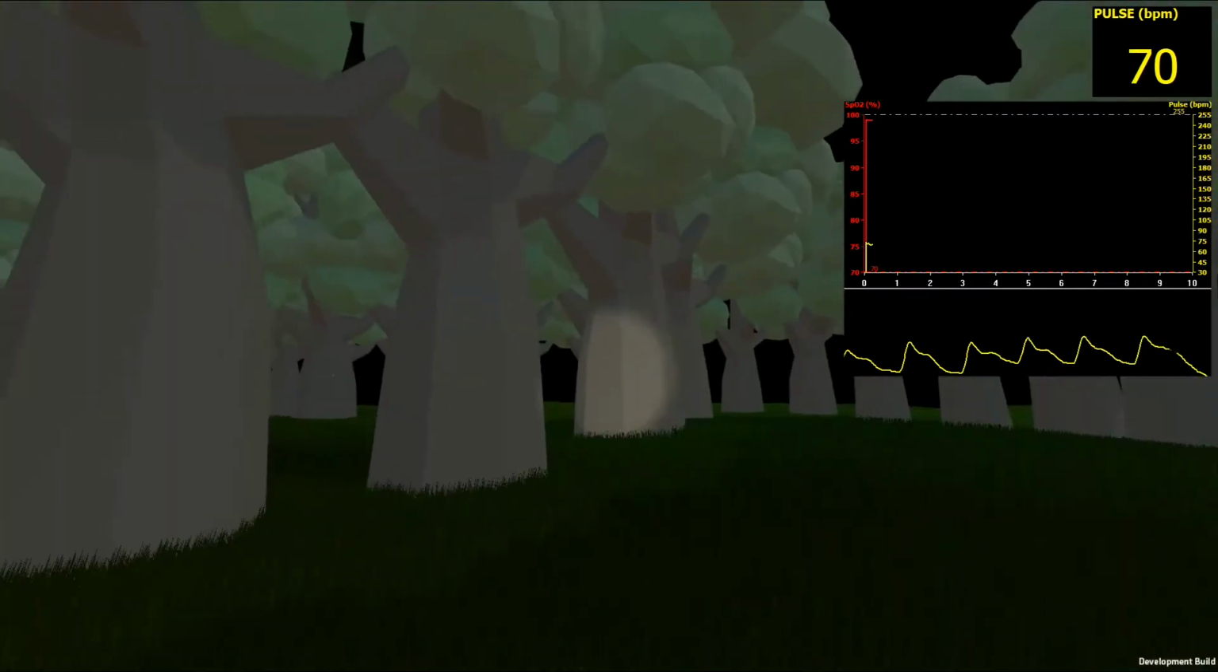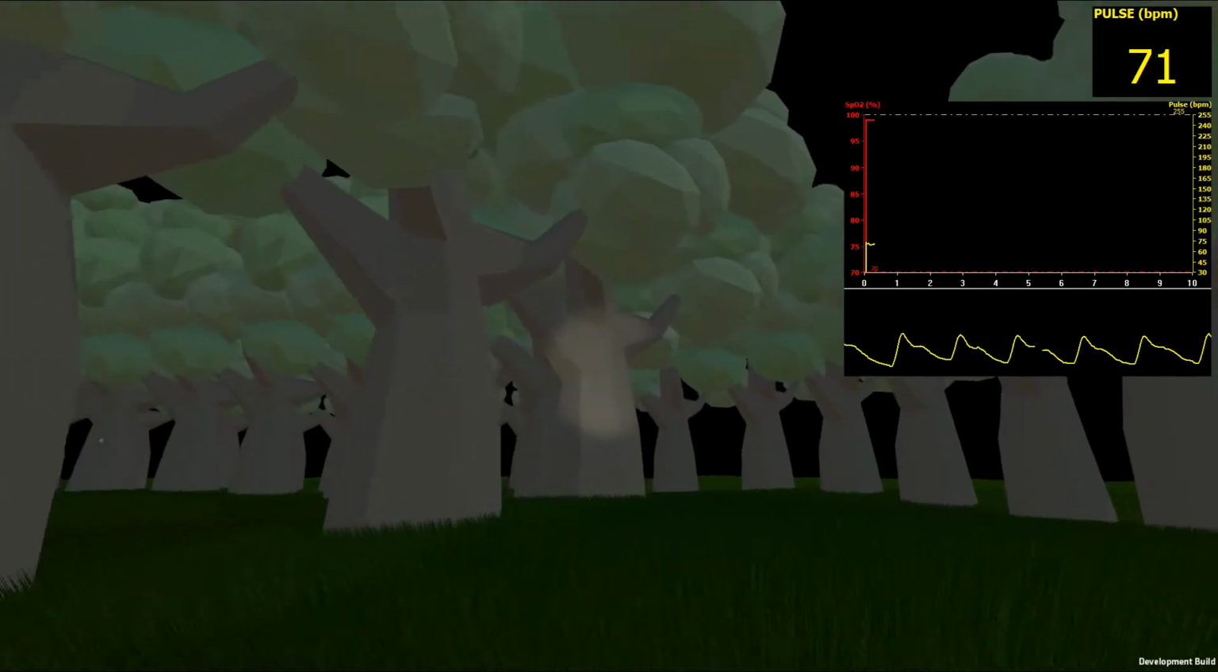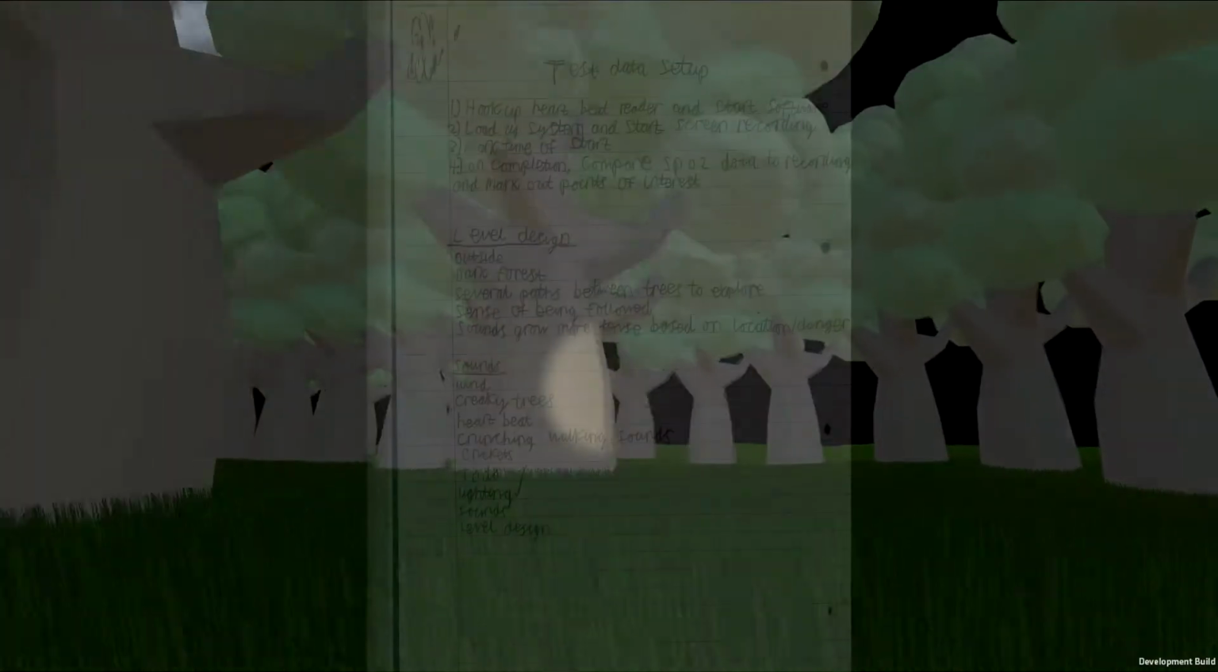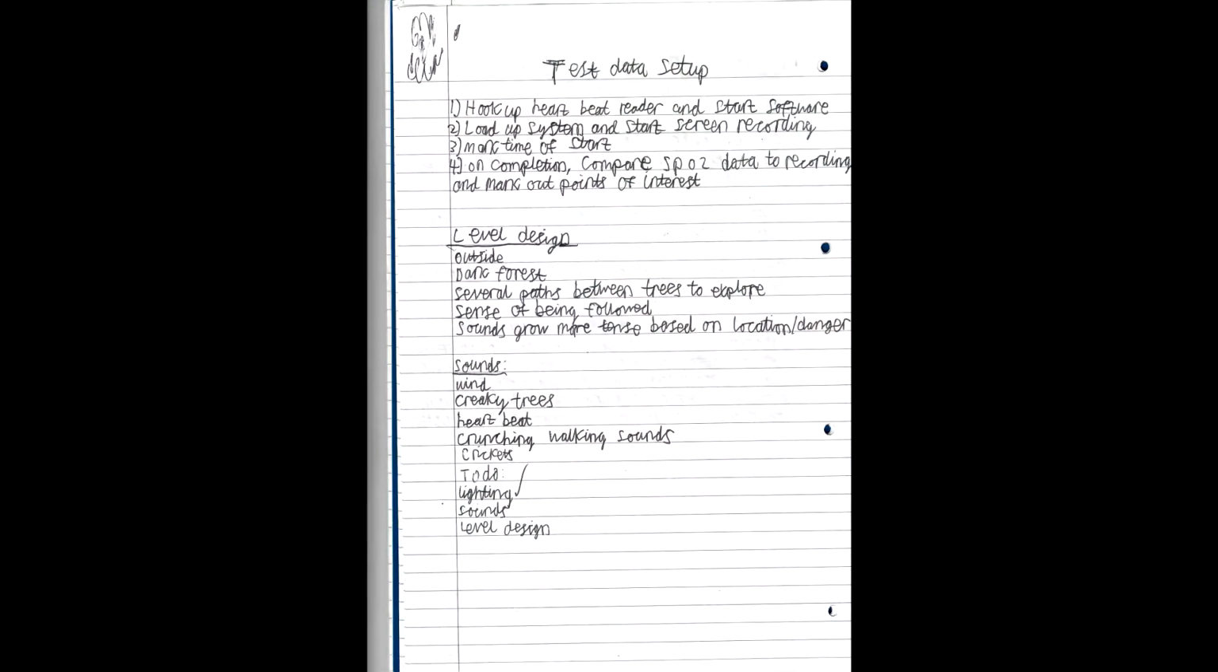After acquiring the hardware and planning out how the data will be recorded, I then began working on the design for the system to be played in. I decided to have an outdoor setting in a dark forest, giving it a slight claustrophobic feeling to the player. This then developed into a maze-like level with several paths between trees to explore. This was done to create a feeling of getting lost, which I believe could have a bonus effect on the